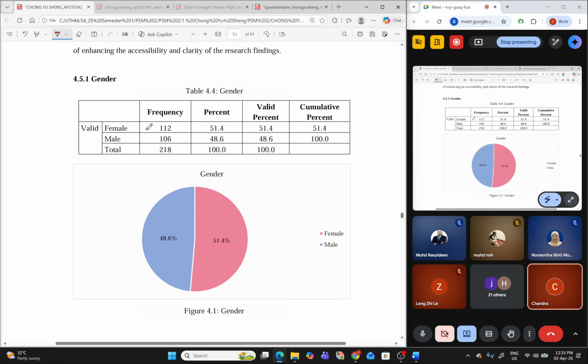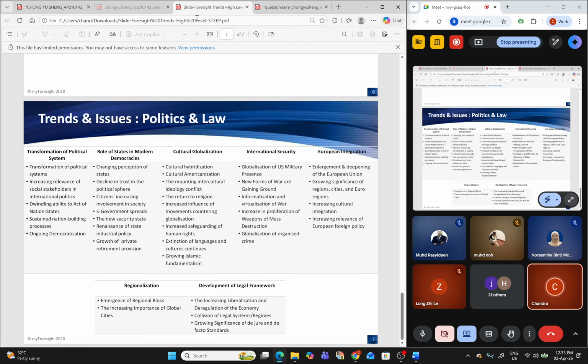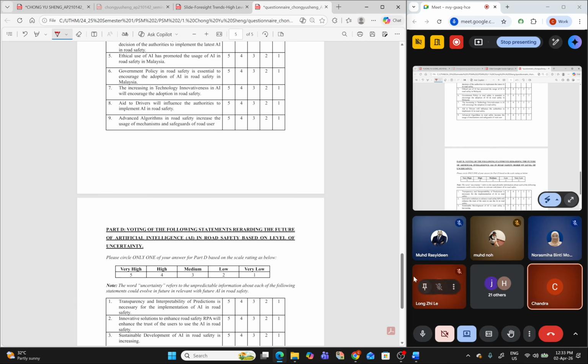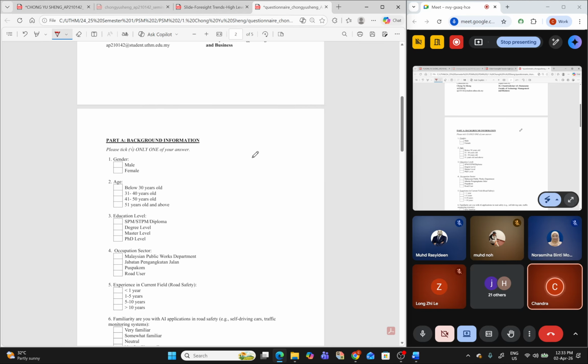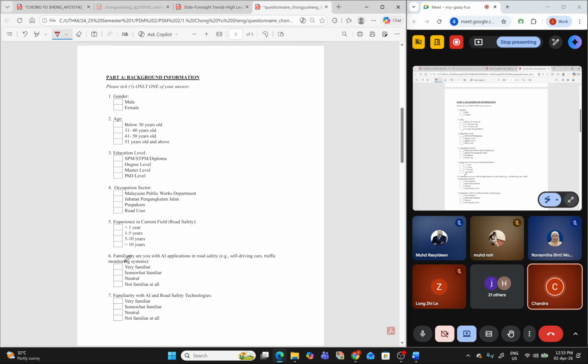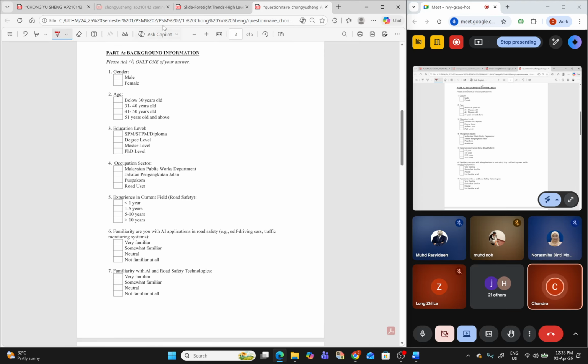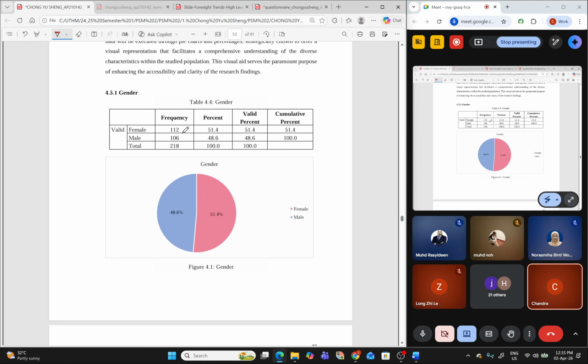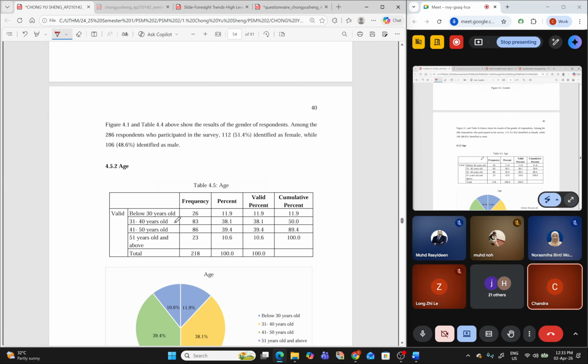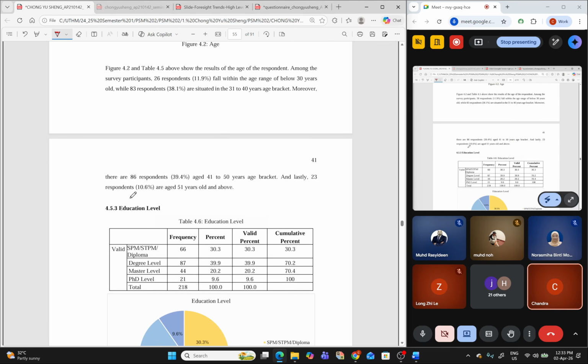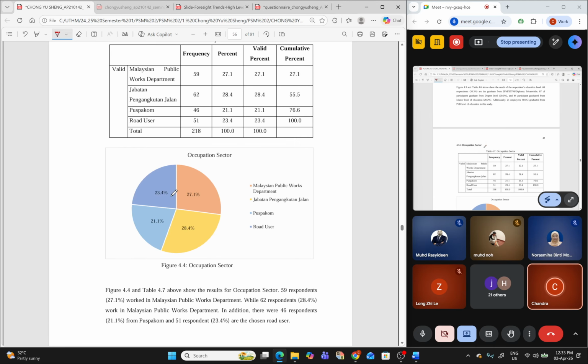There are 7 categories here, 1 to 7. For these you will do demographic tests: gender, age, education level, all these things.